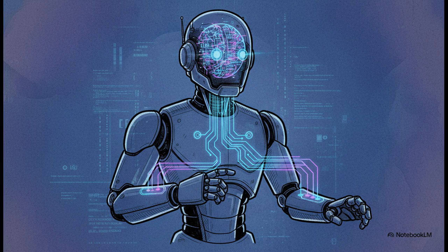Think of it this way. If a reflex agent is a knee-jerk reaction and a planning agent is a chess player, an LLM agent is like a creative problem solver. It can use its massive understanding of the world to come up with totally new solutions to really complex problems. A perfect example is AutoGPT, a system that can take a huge goal like start a new online business and actually break it down into actionable steps.